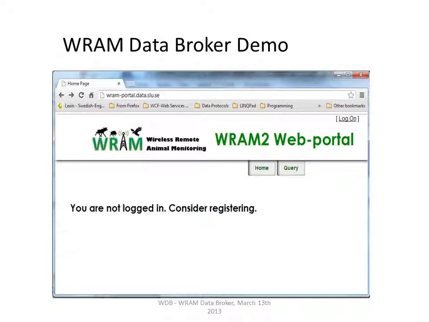Hello and welcome to the WRAM Data Broker demo. Here I'll be showing you steps to take to log in and do queries and use the data broker. The access point is through what we call the portal at